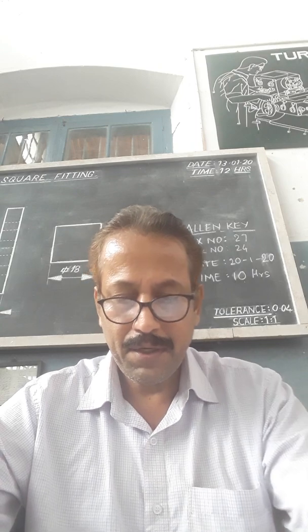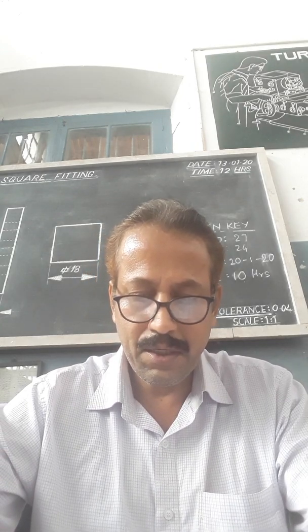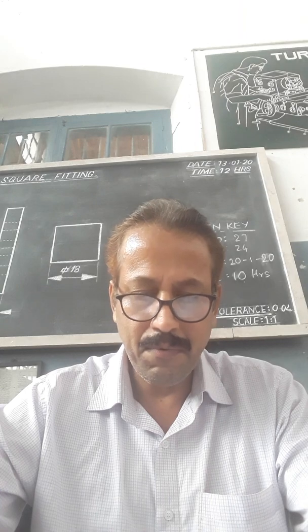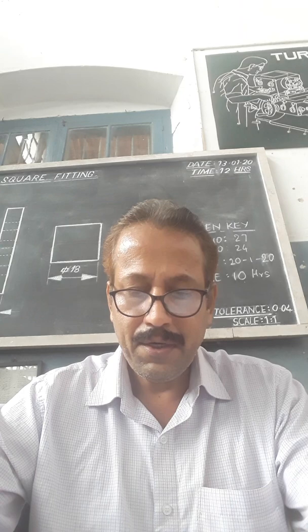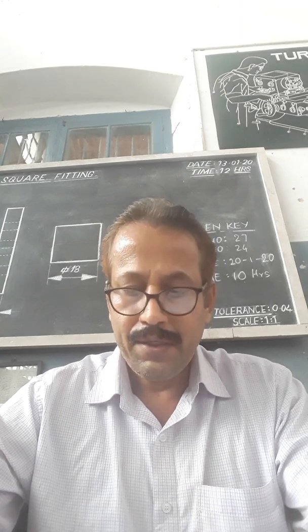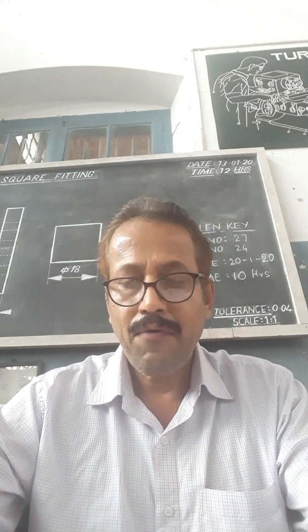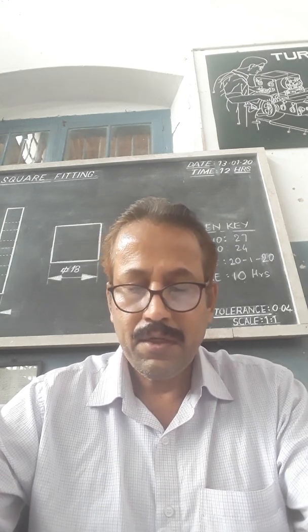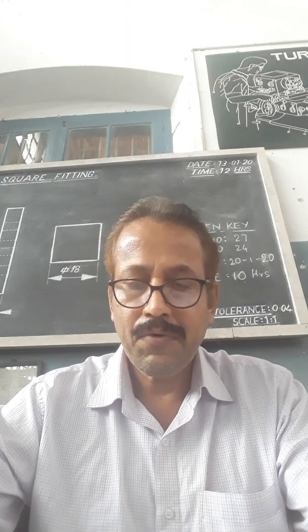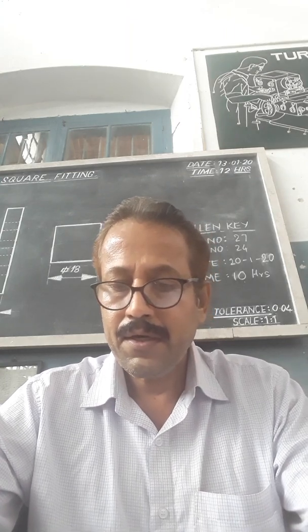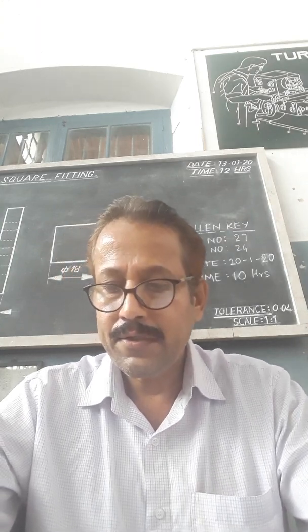Next one is the sunk taper key. This key has a rectangular cross section and fits into the keyway cut on both the shaft and the hub. Sunk keys are either parallel or tapered. The sunk taper key is taper in thickness; it is either available parallel or taper in thickness. Half portion of the keyway is cut in the hub and half portion in the shaft, and between them the key is inserted.